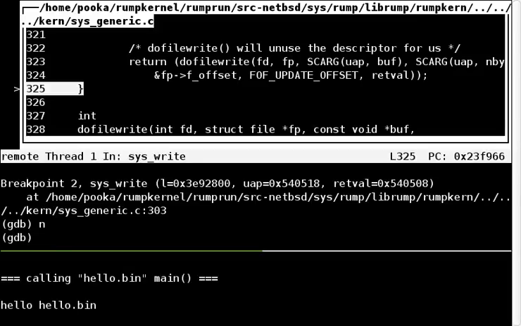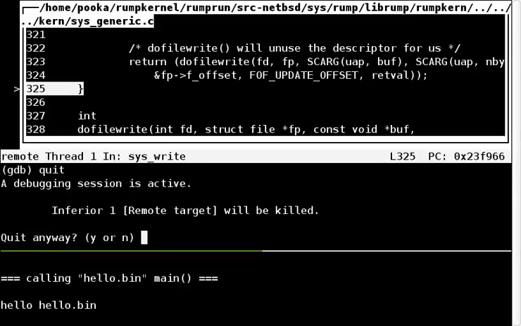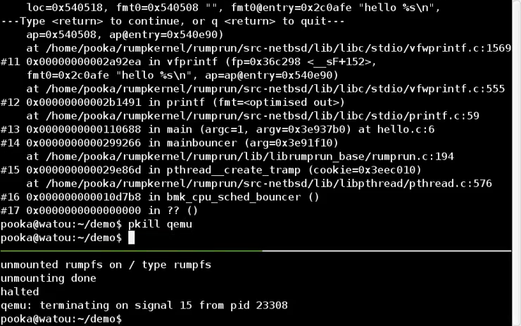So, you know, this is really all there is to it for debugging the Rumprun unikernel under GDB. So I hope this episode was useful,